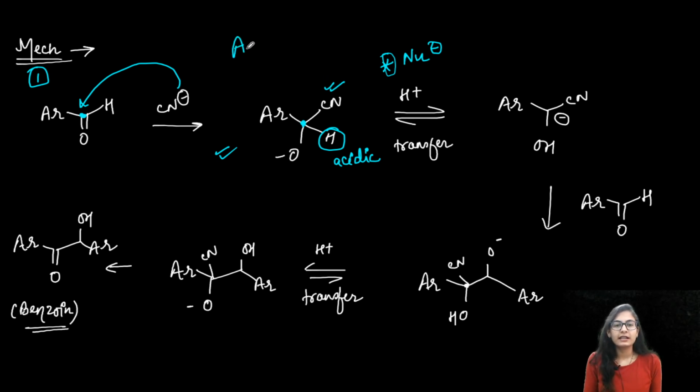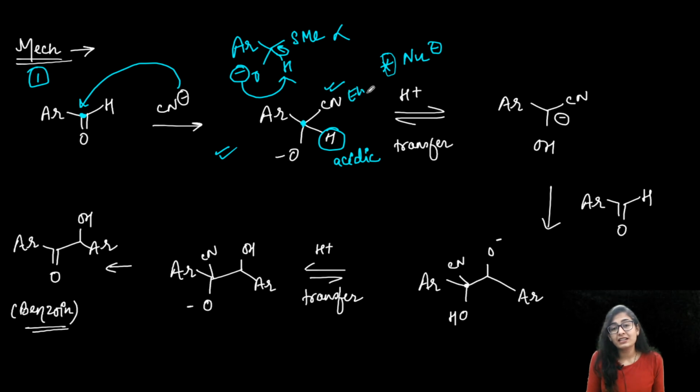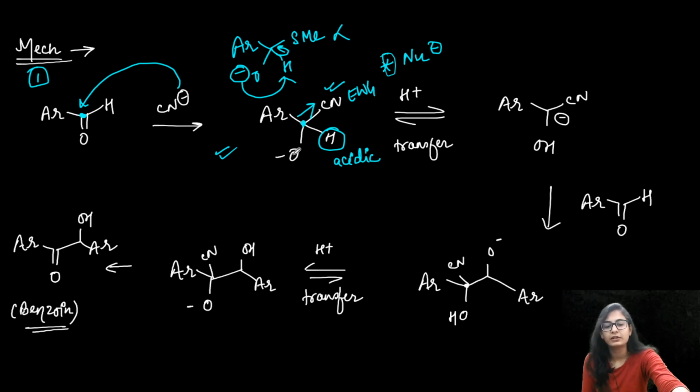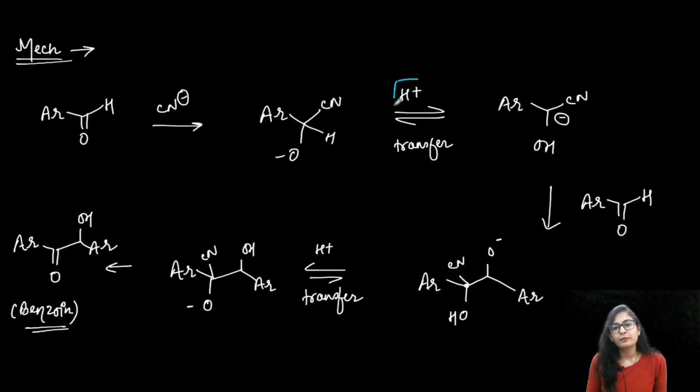Normally, if I say that I have a tetrahedral intermediate like this, let's say I have the sulfur, I cannot say that in this tetrahedral intermediate the O minus is going to take away the same proton on the same carbon, right? I cannot say it for this molecule, no. Why am I able to say it for this one? Because cyanide is very electron withdrawing in nature, and that is making this proton more acidic by removing the electron density from the carbon. Alright, so that is why we have a proton transfer over here within the molecule itself.